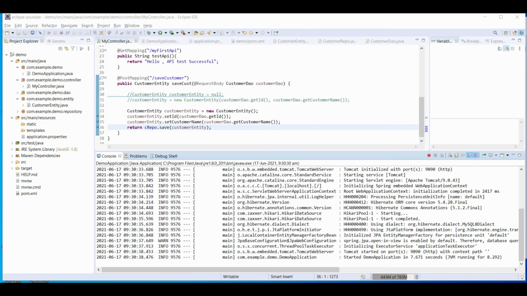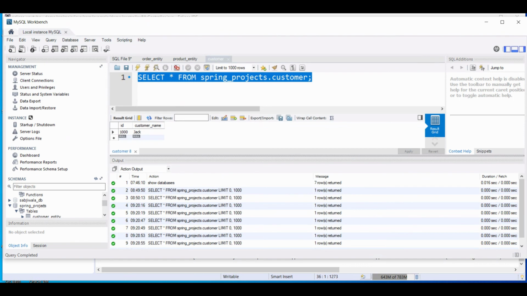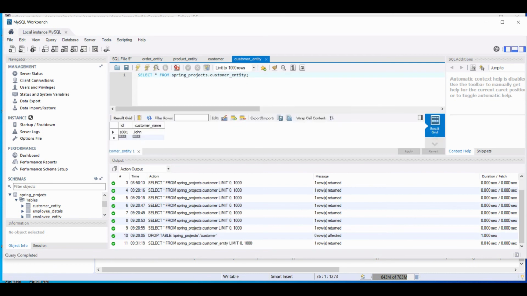So let us see in the database whether the data is coming or not. We have changed our table to customer entity, right? So we will go to the customer entity table, and now we'll check what data is present there. So basically 1001 and John is